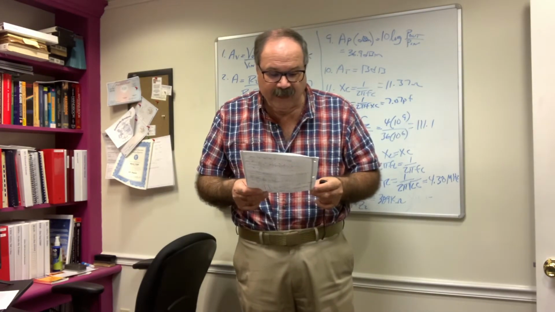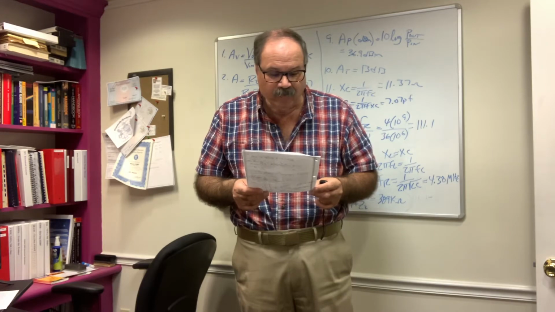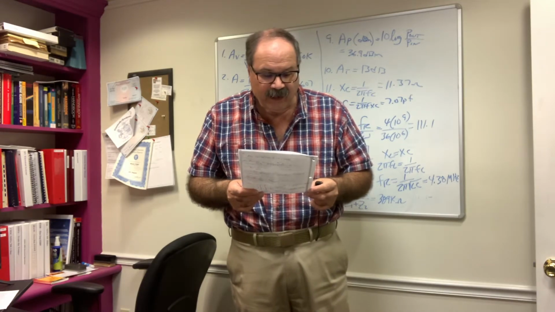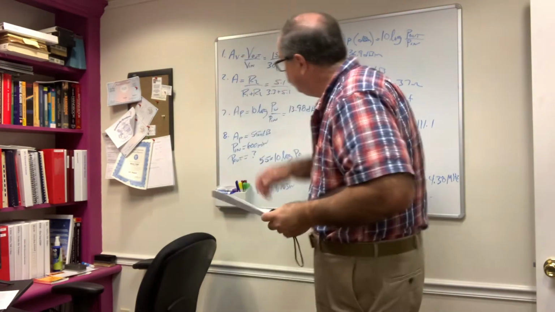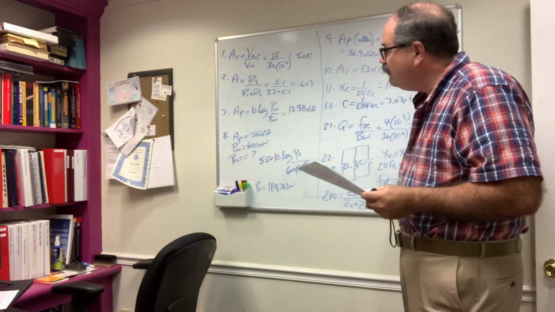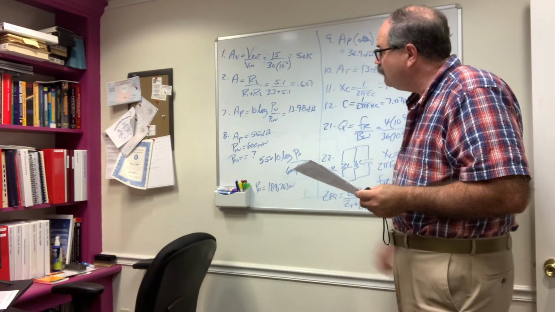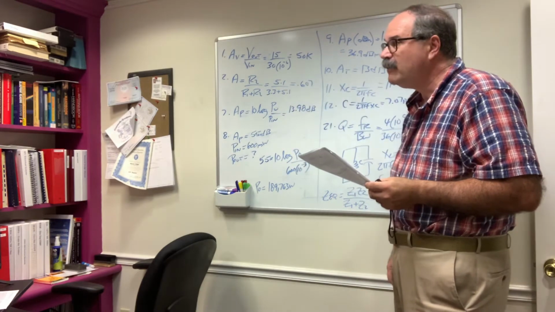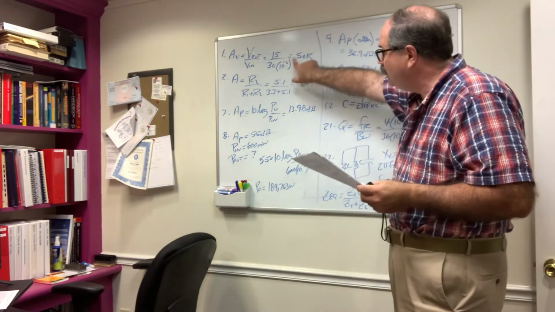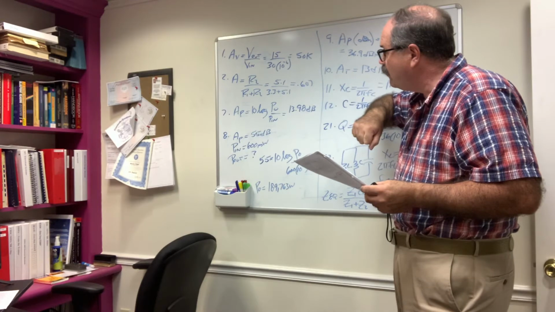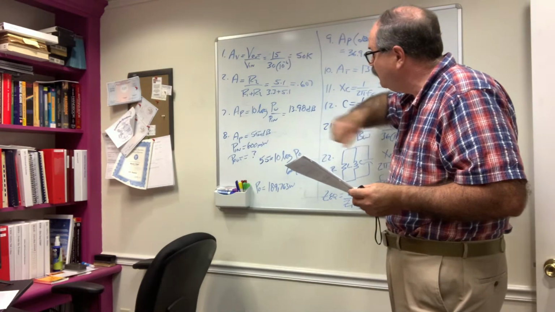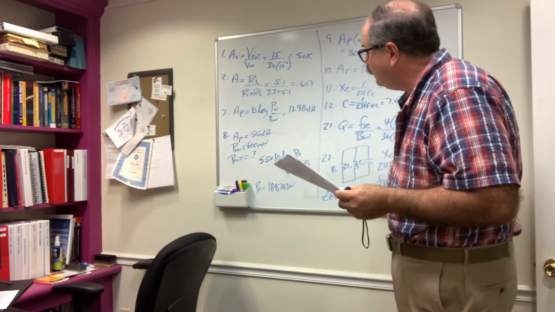Problem 1, what is the gain of an amplifier with an output of 1.5 volts and an input of 30 microvolts? Expression for gain A_V is going to be equal to V out divided by V in. Please always remember to convert back to base units. So 1.5 divided by 30 microvolts, 30 times 10 to the minus 6, gives us a gain of 50,000 or